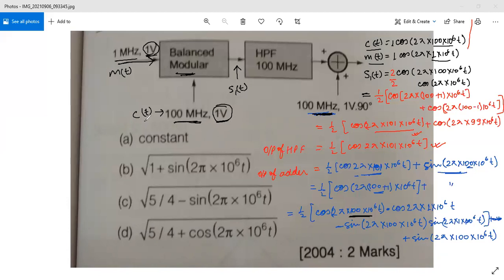ओके. सो कैरियर जो हमने यहाँ पे पहले बैलेंस मॉड्यूलेटर में दिया था, उसका जो फ्रीक्वेंसी है वही सेम फ्रीक्वेंसी यहाँ पर एडर वाले पार्ट में भी है. ओके. सो इट हैज द सेम फ्रीक्वेंसी एज द कैरियर. सो here we have the carrier frequency, here we have the modulating signal frequency. Again here we have in this second term, यहाँ पर हमें कैरियर वाला फ्रीक्वेंसी दिख रहा है, और लास्ट में